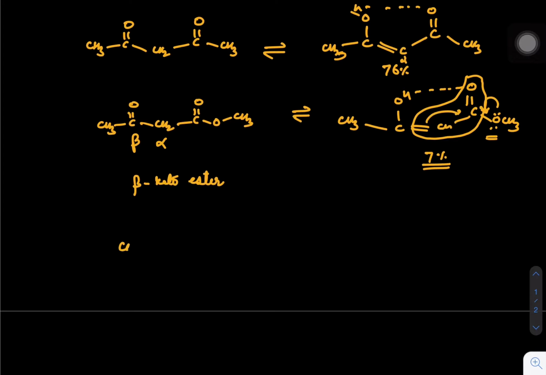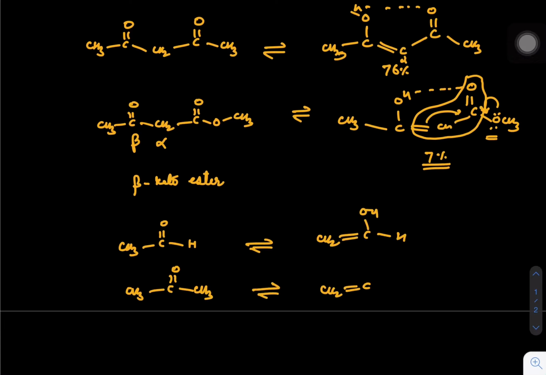And if it is an aldehyde like CH3CHO or something, it is higher than CH3COCH3. So aldehydes have higher enol content as compared to the corresponding ketones also. So these are two very important things I am talking about, that this is having higher enol content. Again we can give the same logic, the stability and the role of CH3 can be discussed.